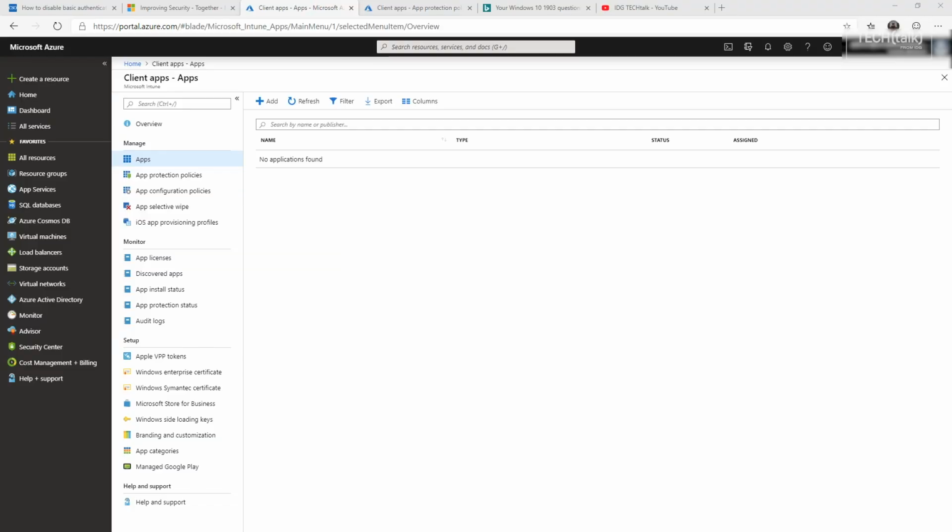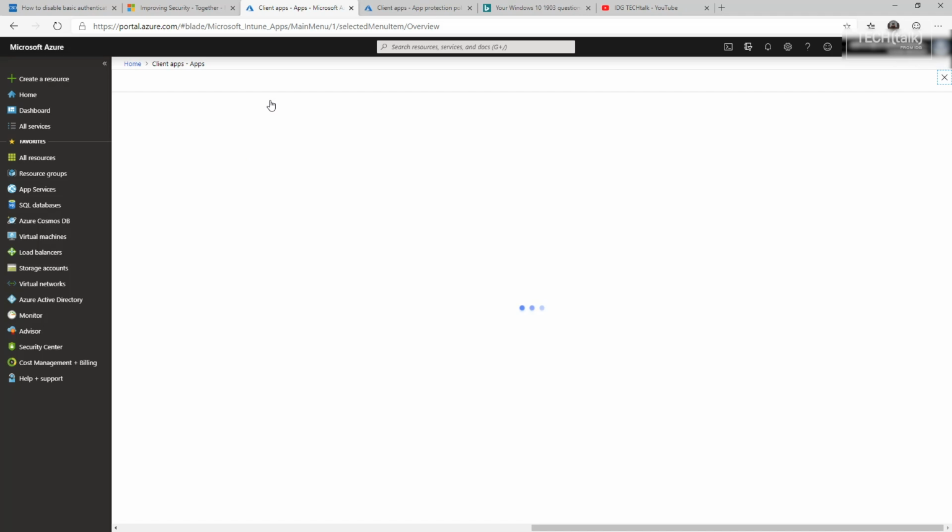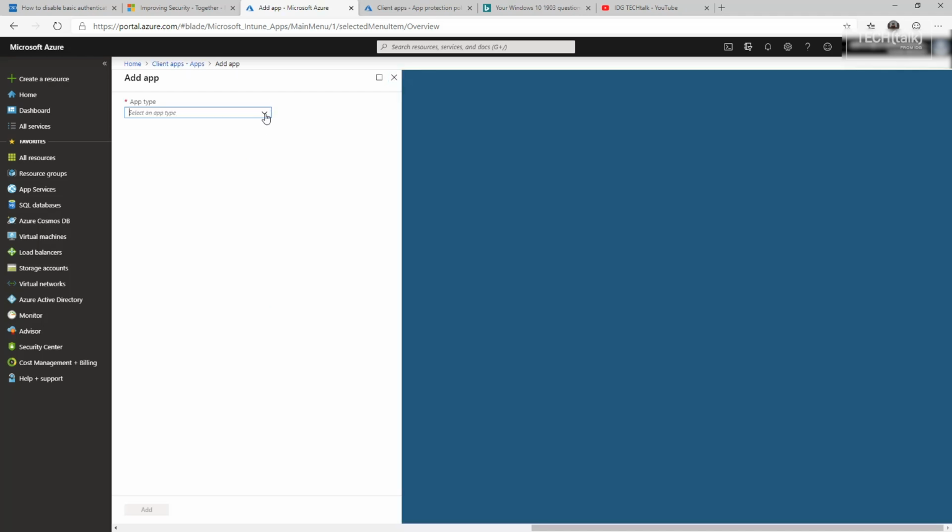But what if you want to do one better and actually proactively tell people or push out to their iPhones and their Android phones what applications you want them to use? So here's how to do it. You want to use Intune and you'll want to go to the URL to start the process. You want to click on Add, and then you want to click on the app type. You'll do this twice, once for iOS and once for Android.